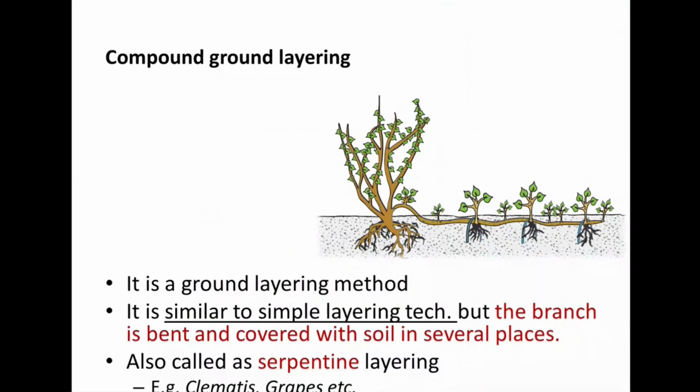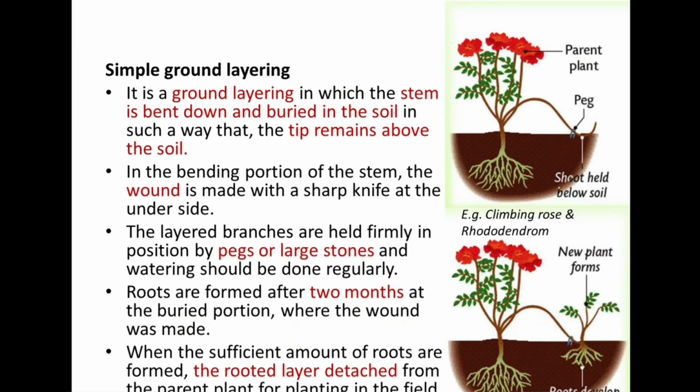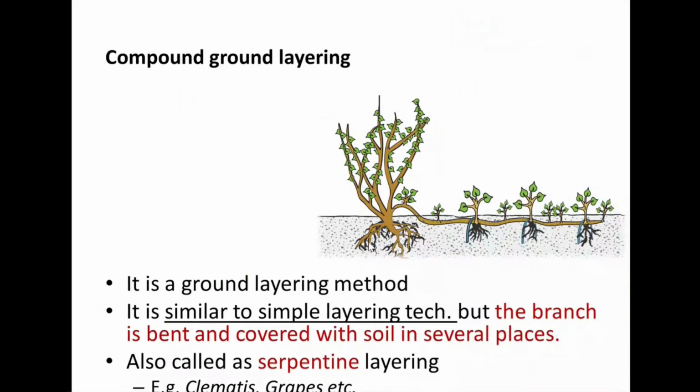Next is compound layering. So what is compound ground layering? This is also called serpent layering because it looks like a snake. It is just like what we did in the previous case, simple ground layering. In simple ground layering, you bend once, make one wound, and put a peg or a stone. There it will produce roots. But in